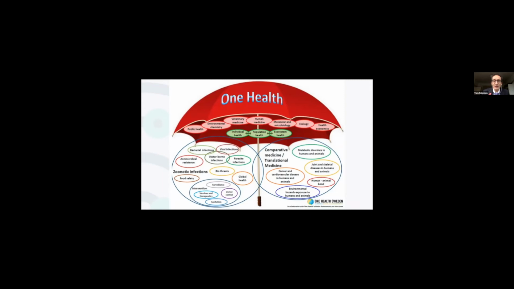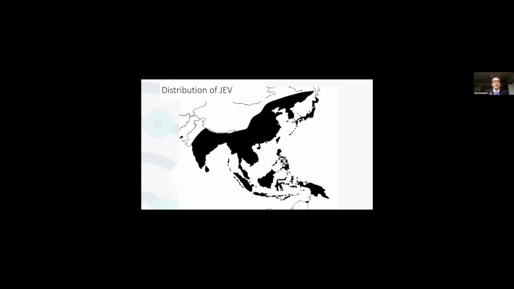So this, I talked about definitions of One Health. You can see here, they've kind of thrown in everything: comparative medicine, translational medicine, metabolic disorders in humans and animals. And this happens quite a lot in science, doesn't it? You've got a nice crisp area that needs focus, and then suddenly everybody kind of wants to get involved, and it becomes so diffuse. You're more or less just saying it's biomedical science, aren't you? Which makes me think, well, what's the point? So I think focus is helpful.